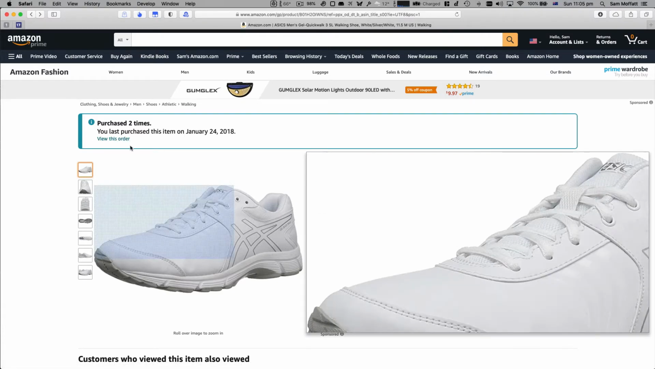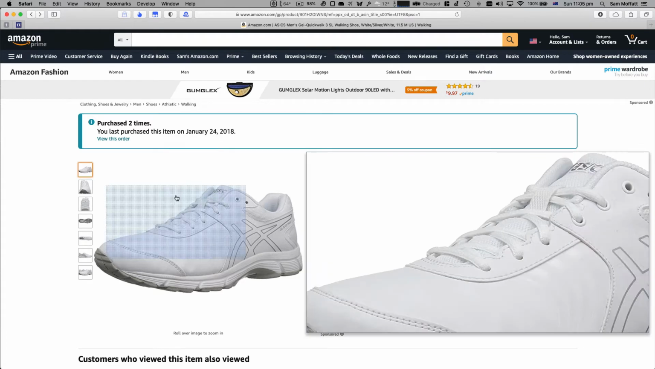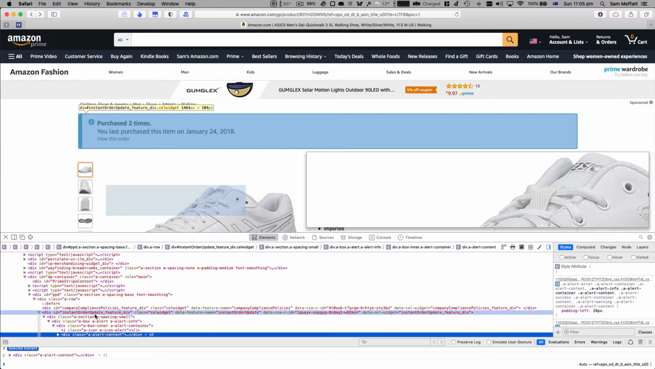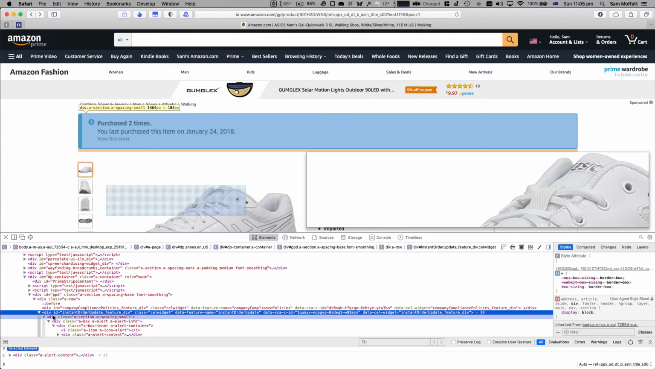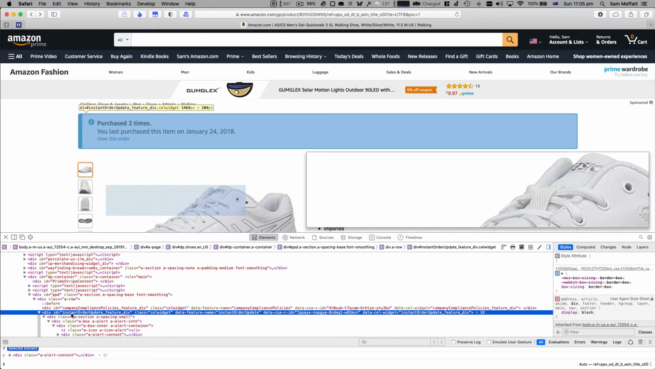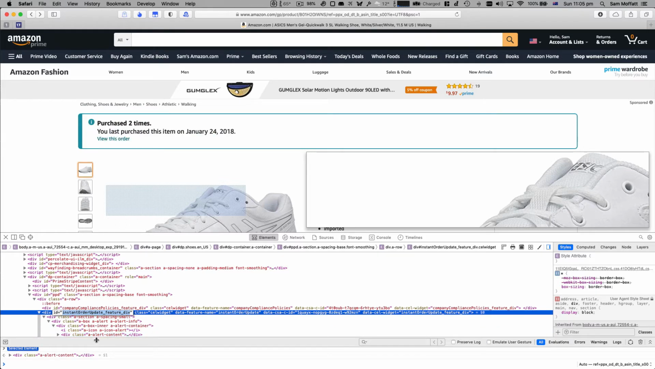And what we're going to do is focus on this box here where it says purchased 2 times, and we're going to right click, inspect element, and we're going to see that we've got this instant order update feature div. Now in HTML, and this is what we're looking at here, these little angle bracket things, the ID field, so ID equals this value, is supposed to be unique within the entire document. So what that means we can do is